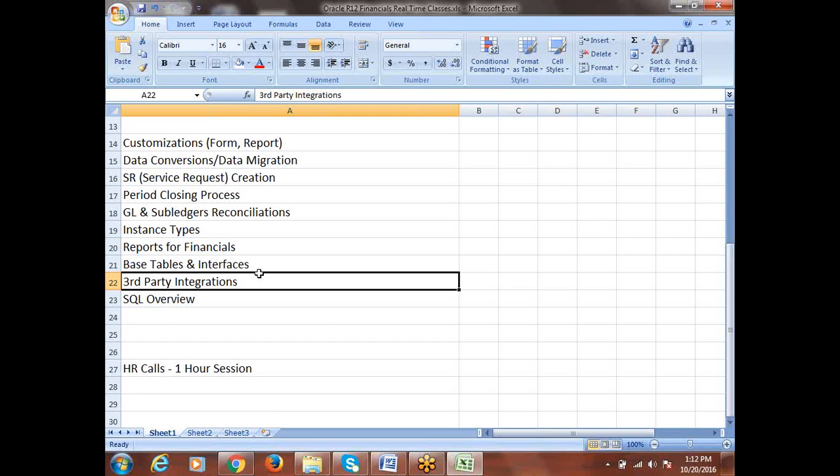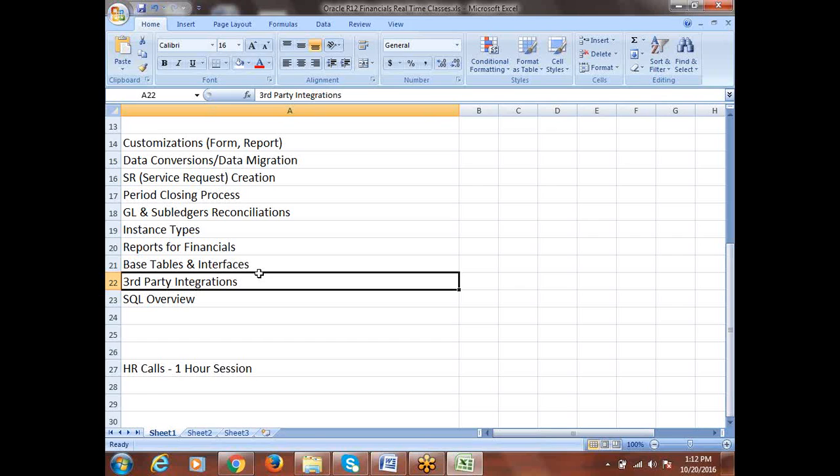Because between these two products from Oracle there is some interface, meaning connectivity. It is an inbuilt interface, which comes along with the product, that we call inbuilt. If two modules or two applications are talking to each other, that is possible only with the concept called interface. Oracle builds it when they are delivering the product. That we call inbuilt integration.